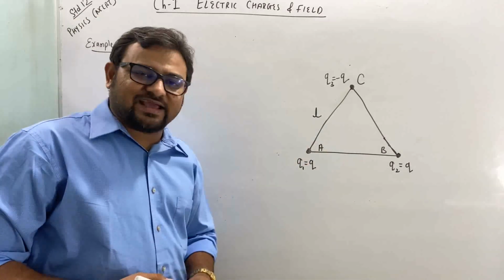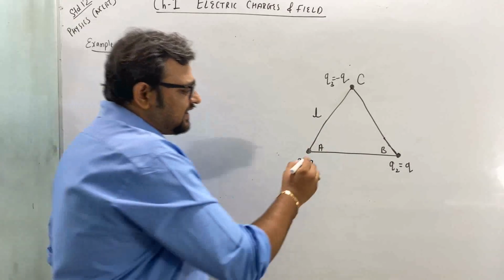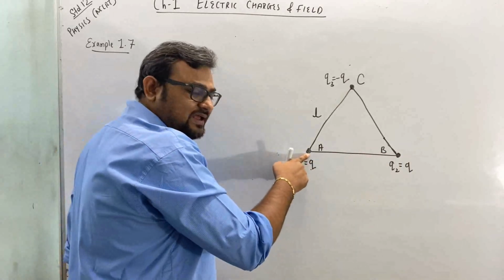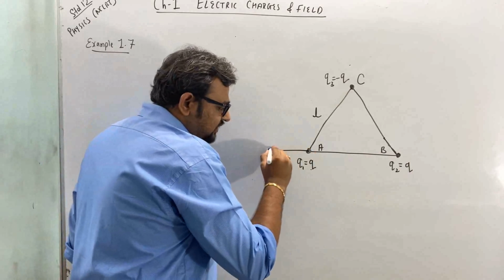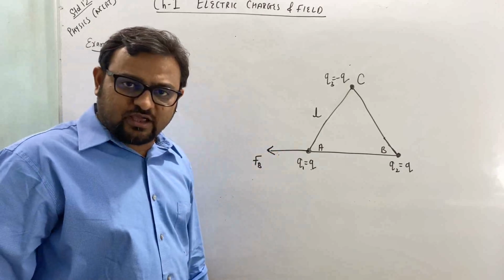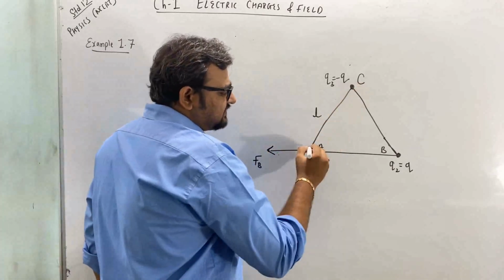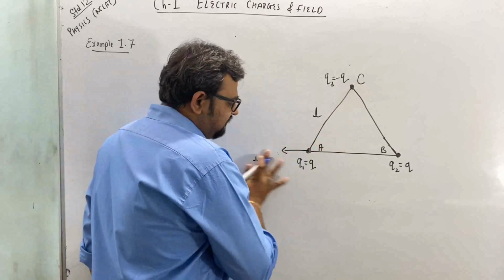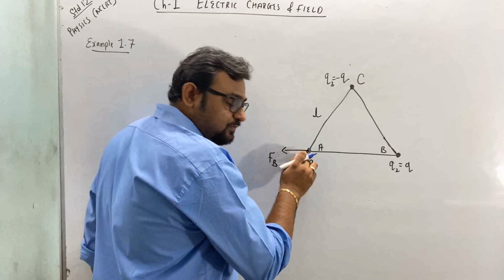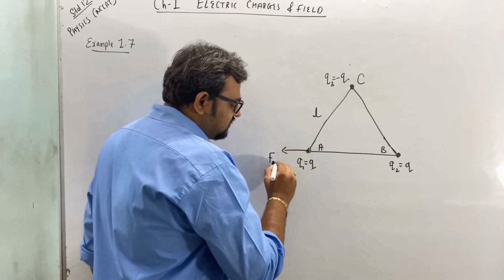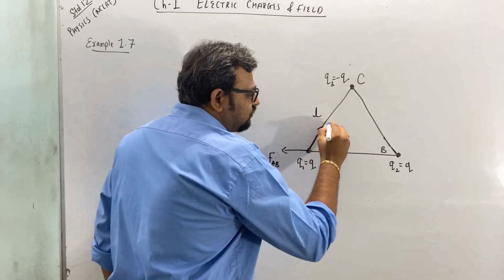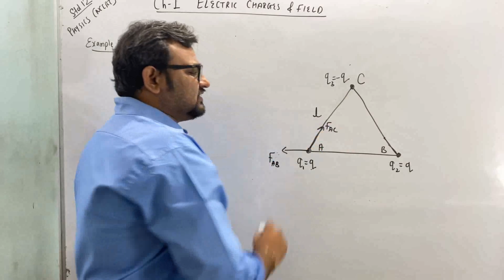First, we'll take A. Clear? Now, as this is positive charge, and this is positive charge, the force acting on A will be repulsion. This will be the force due to B. And this is a negative charge. Okay, let me draw it short. Force acting on A due to B. Right, let's write down A due to B. And this is negative charge, so attraction. This will be the force acting on A due to C.